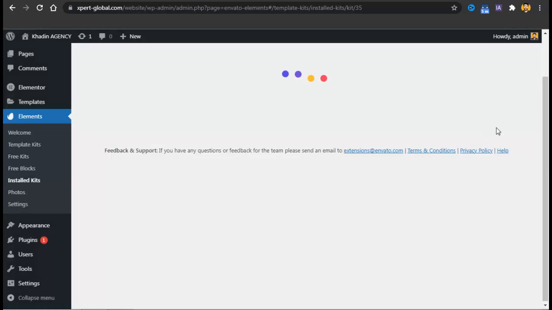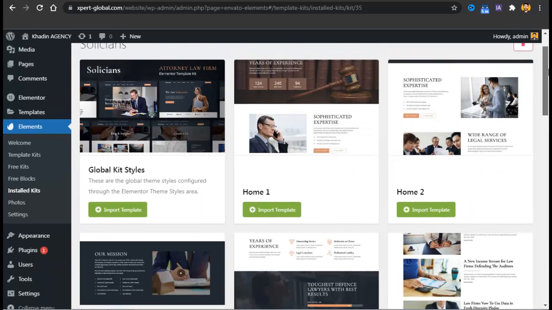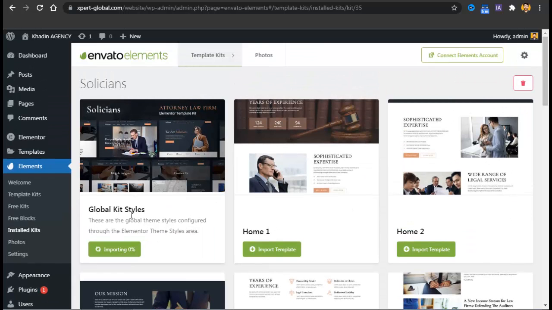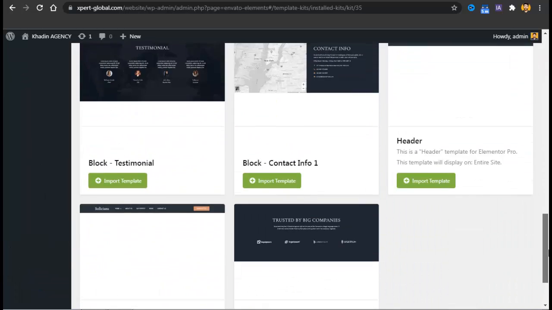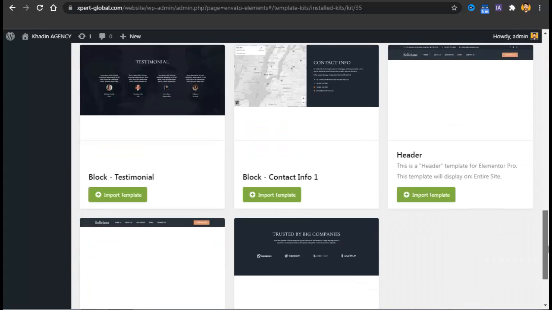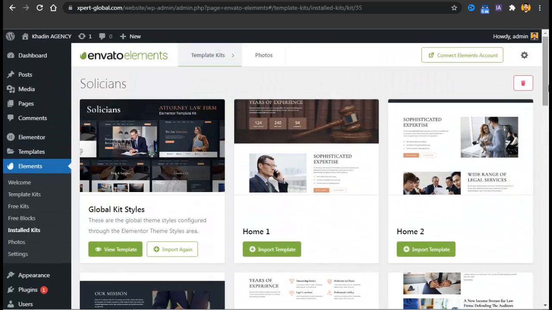I didn't do anything, I just hit the button. And now what you have to do is import this one, global kit styles, and don't mess with the other stuff. Leave it as it is, and we'll work on it. Okay, so now we have bought and installed the template kit successfully.